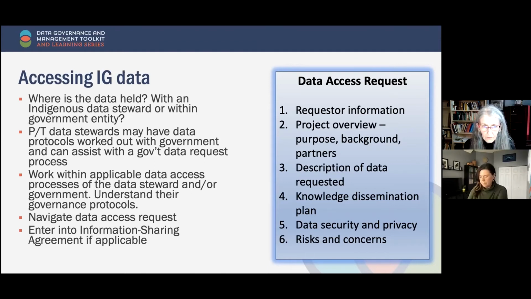And so this will go off to a governance body, whether it be the regional data steward if they've already got the data, or the government bipartite committee generally, and they're going to review this. You're going to find out the format in which you can get the data back. What is it going to be? What's your cell size suppression? Is it going to be 10 or is it going to be 5? What are the geographic limitations? Can you get information on your own community, your own Indigenous government, or do you have to follow the geographic boundaries of the health system?